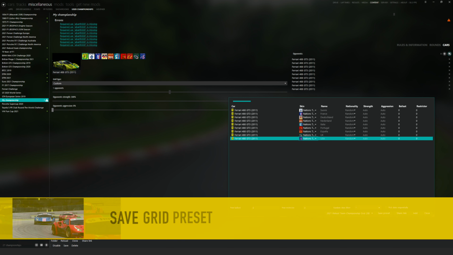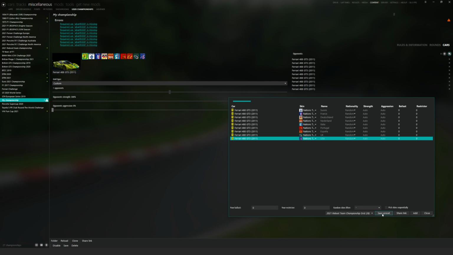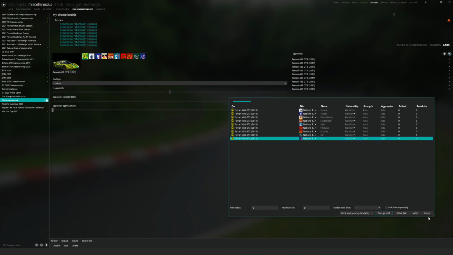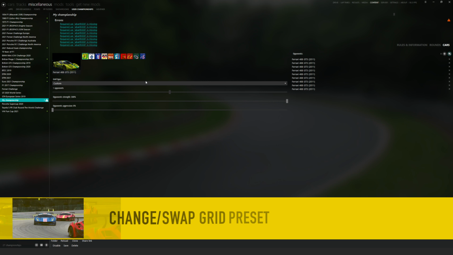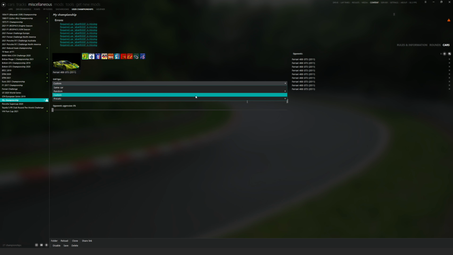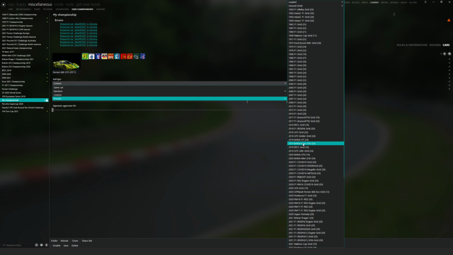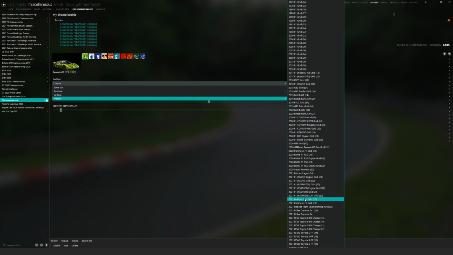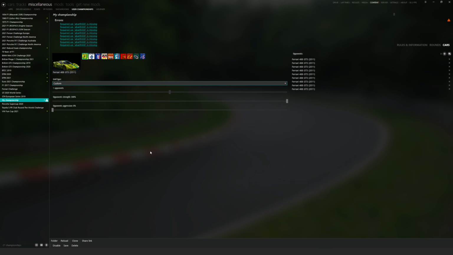Now I tend to save it as the year, followed by a name, followed by in brackets the amount of cars that are in it. Having a preset really does help you. As I show you here, I've got a list of presets. I do have a preset. You can change it however you want to have a mix and match grid, or you can have the same car. We're going to stick with the same car, as I said, just to keep it simple to start with. You can build up on this.